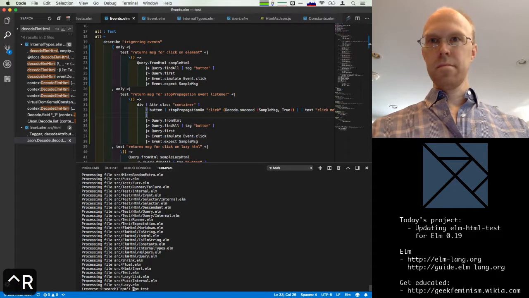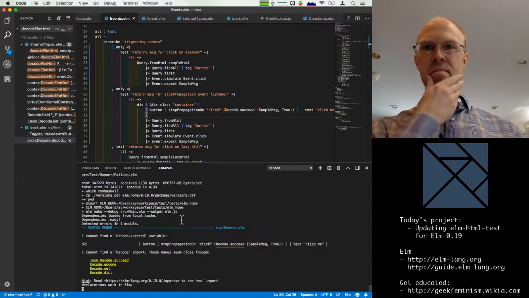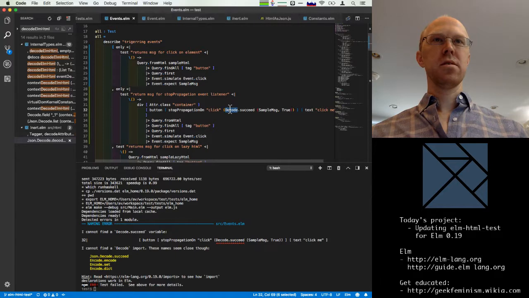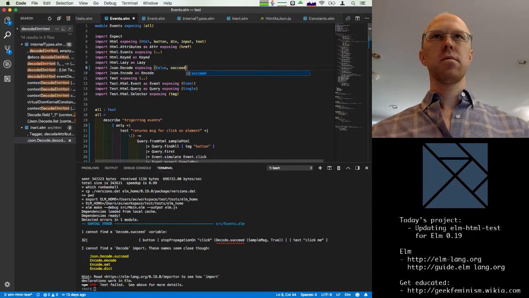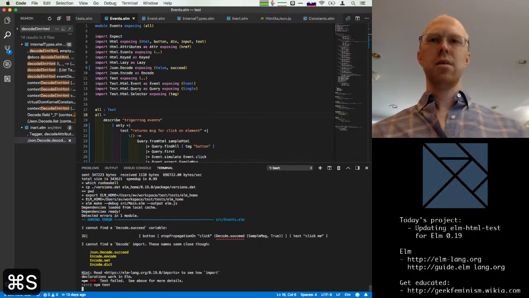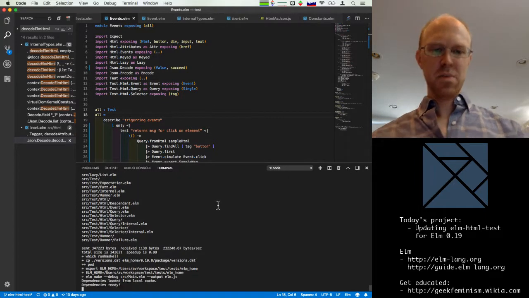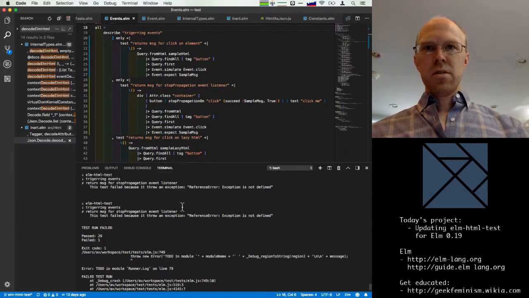JSON.decode.succeed. Let's just expose succeed because we're going to use this a lot, I think. I don't normally like doing that, so I'm kind of on the fence about exposing that, but let's see what it looks like.